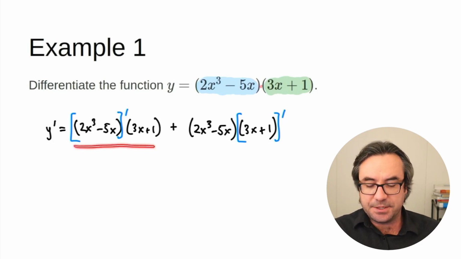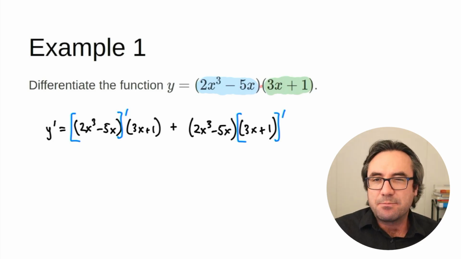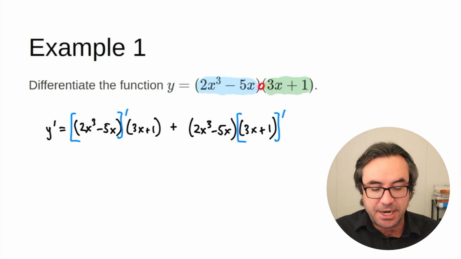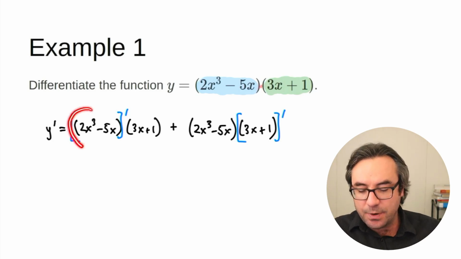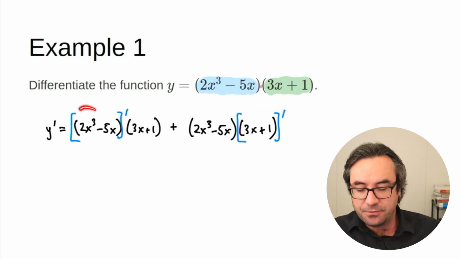Once we get to this point, now we just have to keep differentiating. We've broken our way through that multiplication sign, and now we get to differentiate each of these terms individually. So if we finish this up,